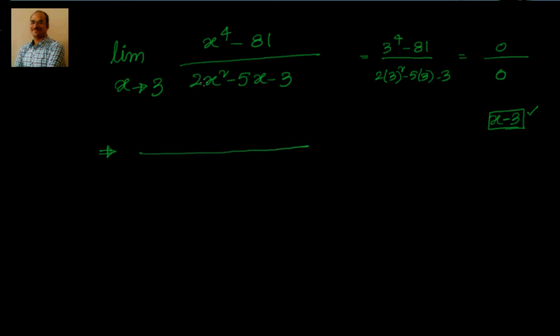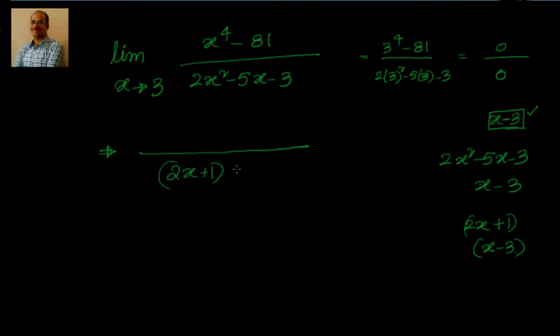So for that, first I will go ahead with 2x square minus 5x minus 3. I know I have to divide that with x minus 3. So x will be 2x, I know that. Minus 3 should be plus 1. So I am thinking it should be 2x plus 1 into x minus 3. Let us check that. 2x square minus 6x plus x minus 3. So I can write this as 2x plus 1 into x minus 3. I can do that. Similarly, when I come here, I want x minus 3 to be out.